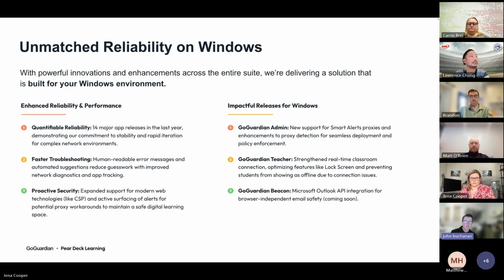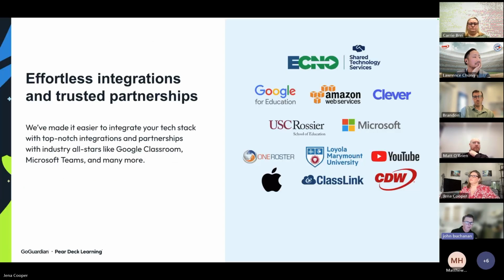Now, admittedly, part of this has been driven by a statewide deal we have here in the US, where this particular partner has over 700,000 Windows devices, which has provided us significant learning and insight to make our product on Windows best in class. And so we are no longer a Chromebook shop. We are no longer one. We have complete and total parity across all the operating systems that live inside classrooms, whether it is in the US or even in Canada.